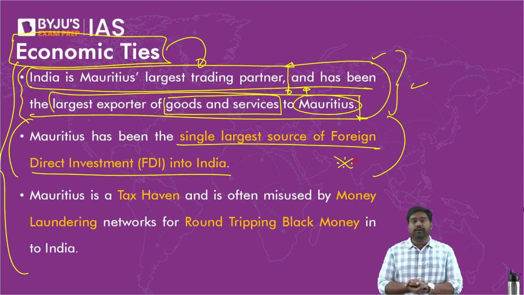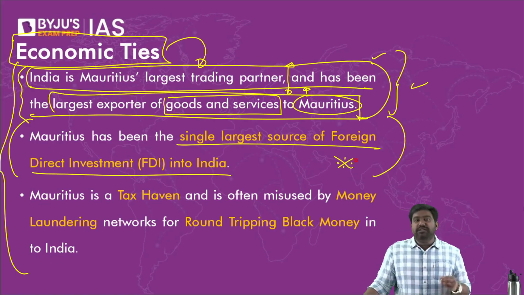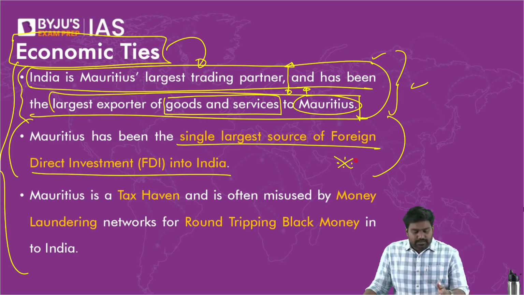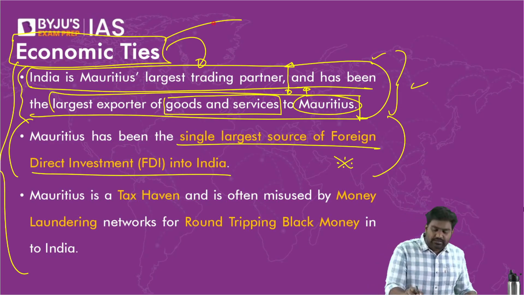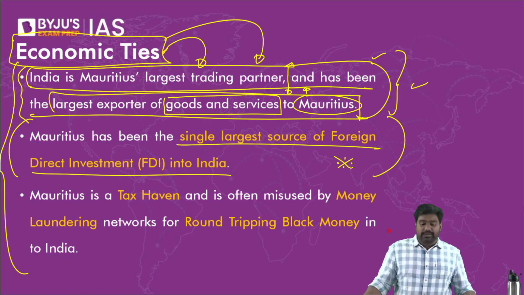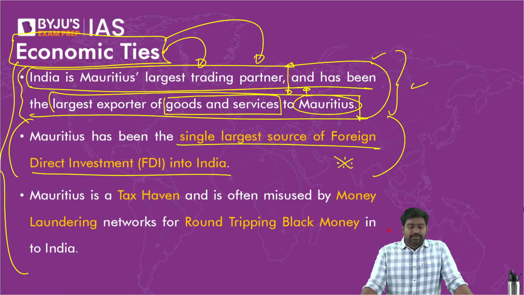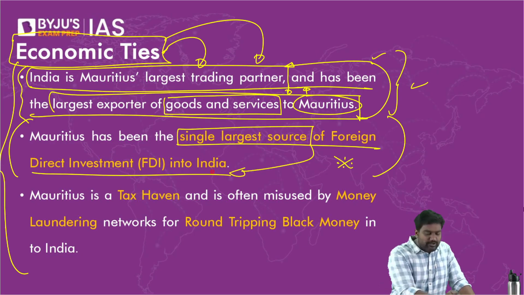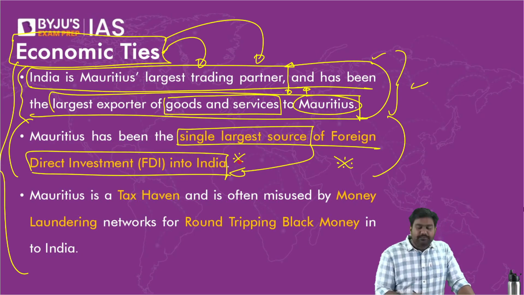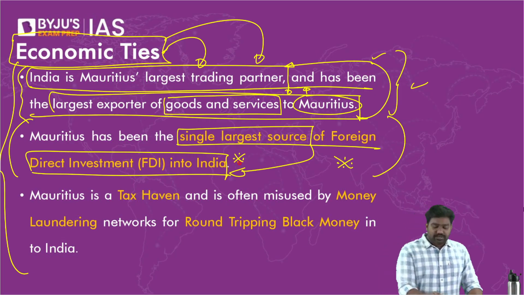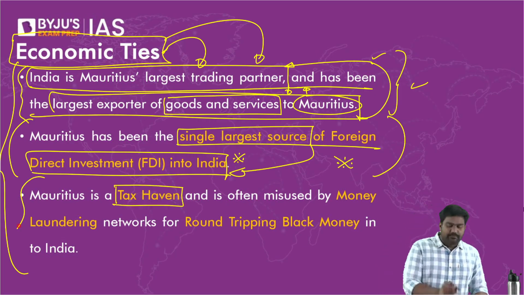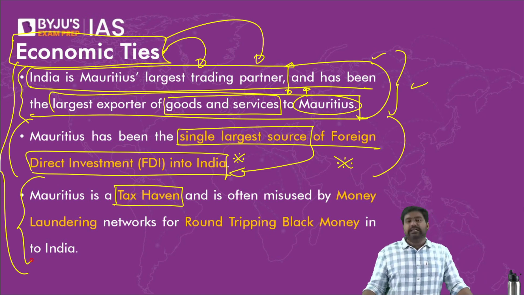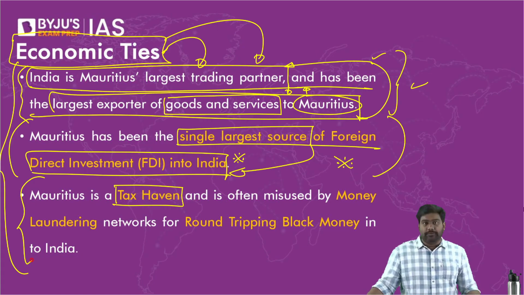Now, this might make you wonder. I told you that Mauritius has a weak economy with very limited sources of revenue, right? It is dependent so heavily on India that it faces a big trade deficit and a big economic crisis. But still, how can such a small country become the biggest source of FDI into India? What could be the reason? The reason is Mauritius is a tax haven, meaning it's a low tax or zero tax jurisdiction where barely any taxes are imposed on foreign investments, on foreign capital.